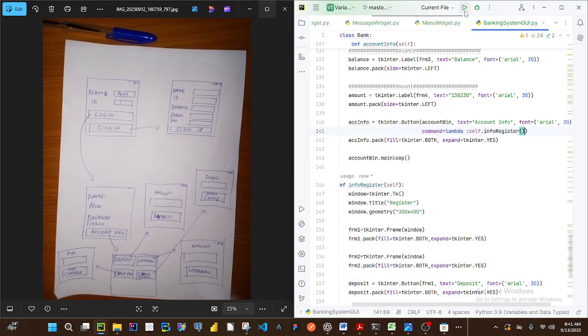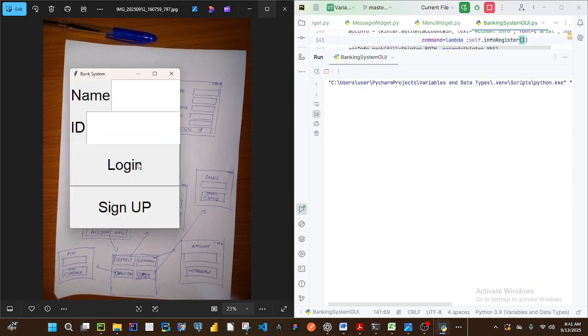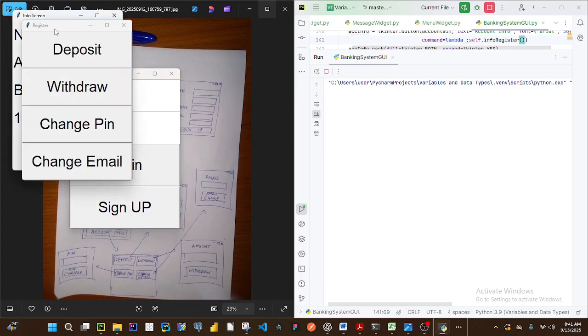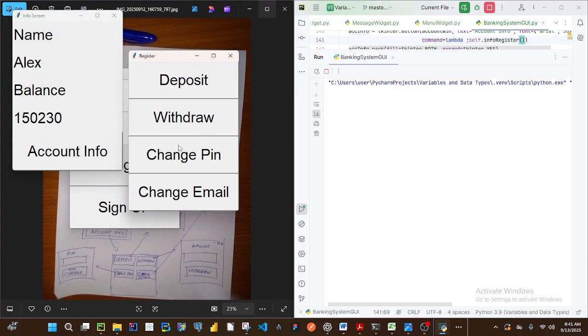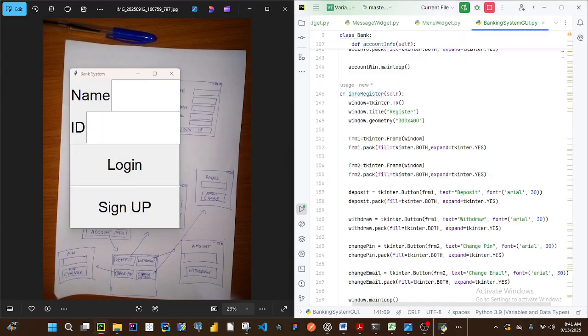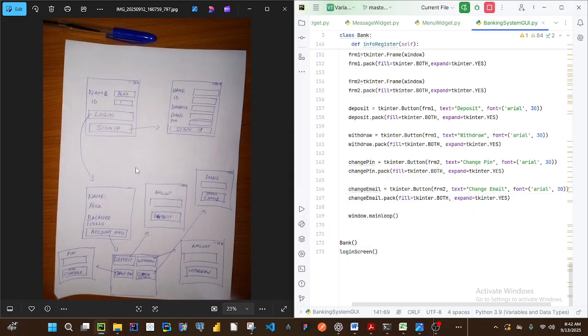So let us try to test the code. So I'll run my program, click on login, click on account info, and you see that it generated. So it's wrong, it's generated in a wrong way. So we will need to address this so that we will not be making mistakes. Now the reason why you are seeing that they are stacked on top of themselves is simply because in the withdraw, so let me close this, in the withdraw,